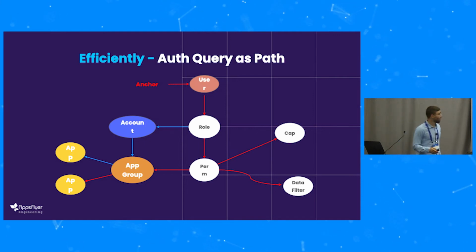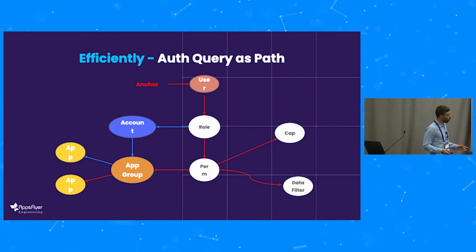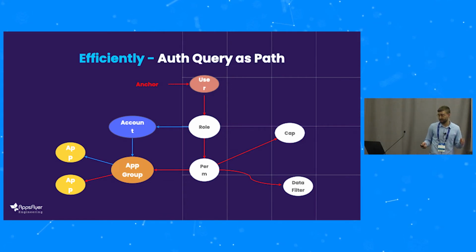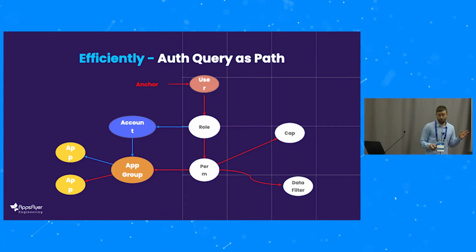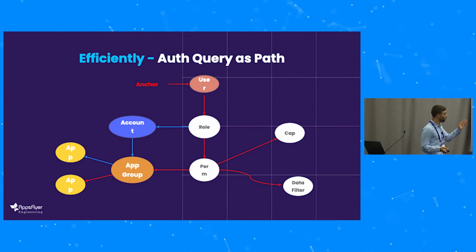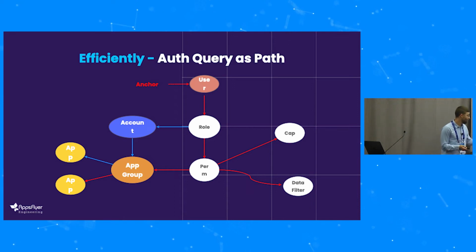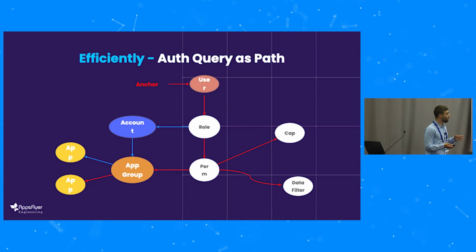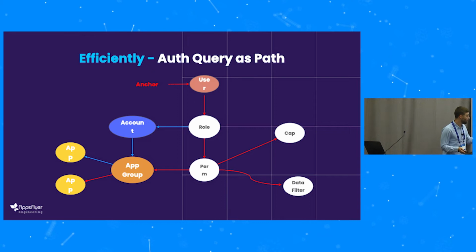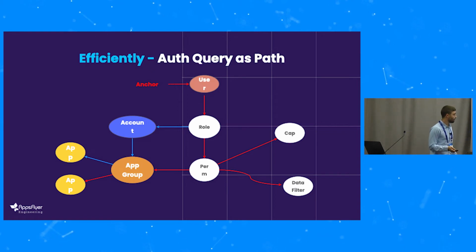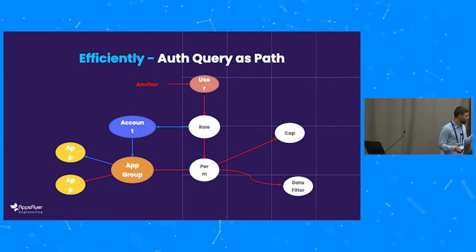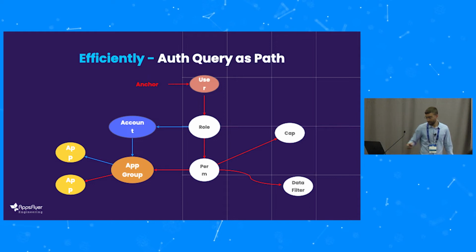Finally, this modeling also creates very efficient authorization queries, just as a graph traversal. Let's say we have a user that requests to view a certain feature on an app. We just anchor on the requested user using a Neo4j index. And then we traverse over the graph to find the path to the application and to the capability. And the path already includes all the information required for the authorization response. So we have the permission, the access level, and the data filters that are applied to him. So we get a very efficient authorization query, starting from the user and a path to the required resources.